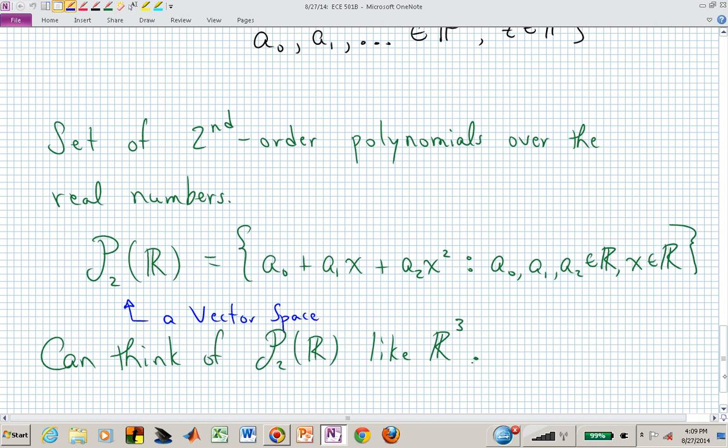What if we looked at the set of second-order polynomials over the reals? Then we might write that with this notation. We might include a subscript 2, and now instead of F, we might explicitly say that's the real numbers. Our coefficients,